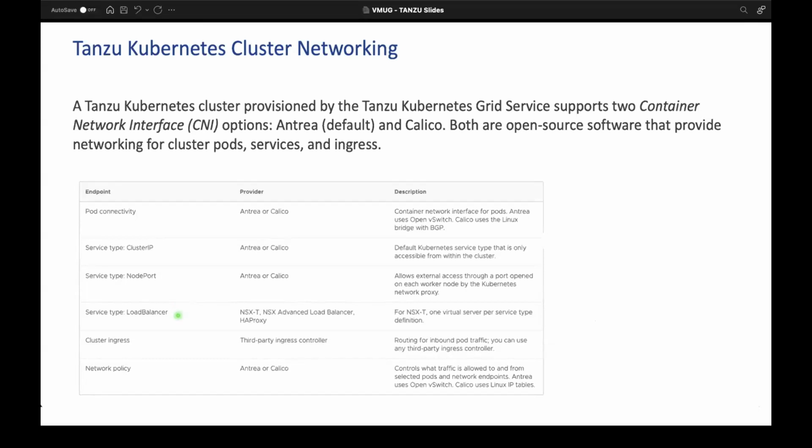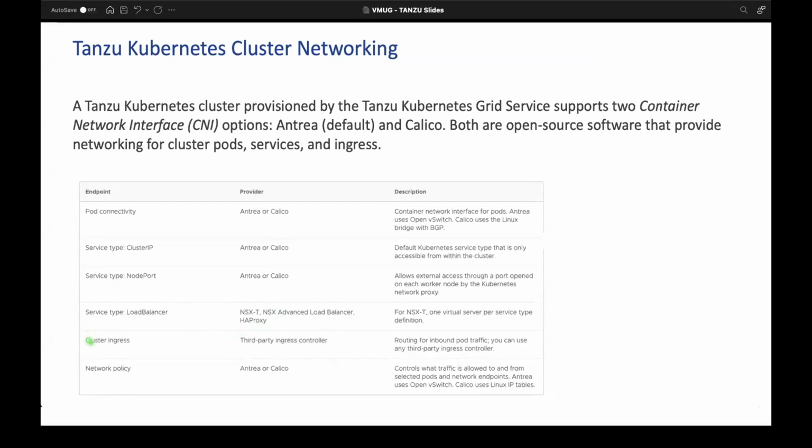All right, so the next is load balancer. For load balancing, we need some extensions or add-ons. Most commonly, we use NSX-T. If NSX-T is not available, or you're running the basic version of it, you can make use of NSX Advanced Load Balancer, which was earlier known as AVI. And we have the open source HAProxy as well. This helps in providing load balancing capabilities for containerized applications.